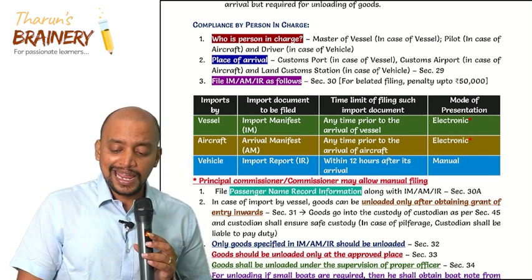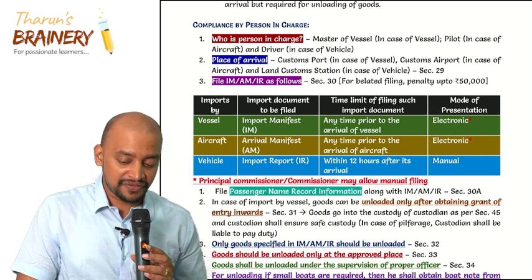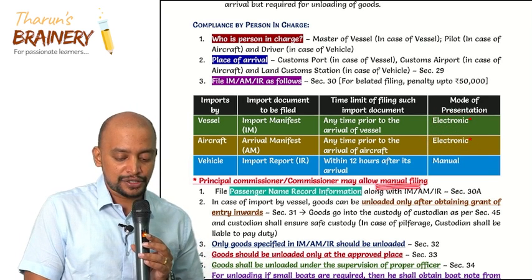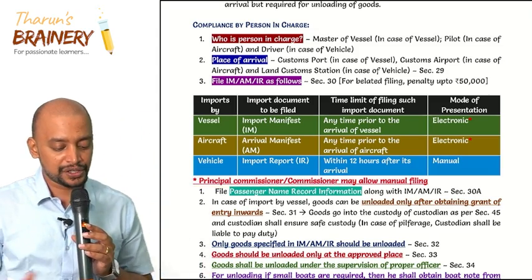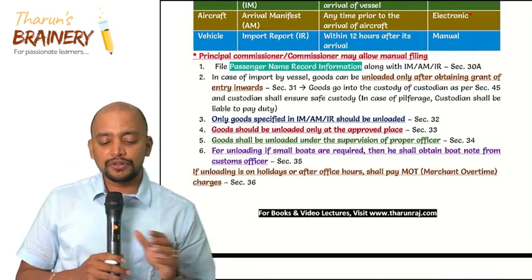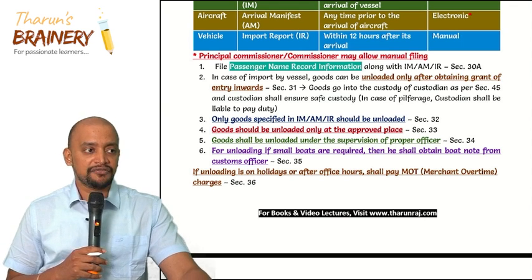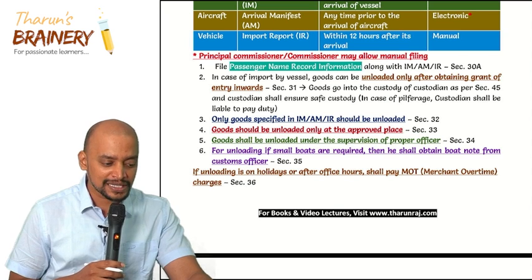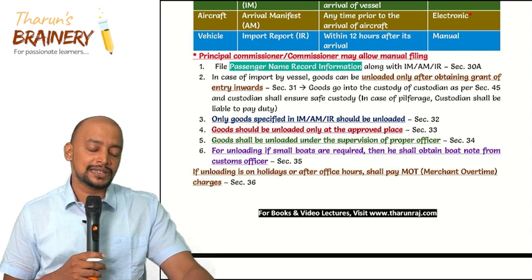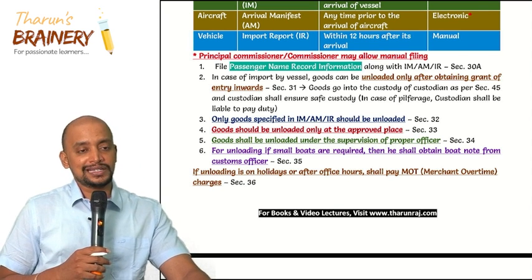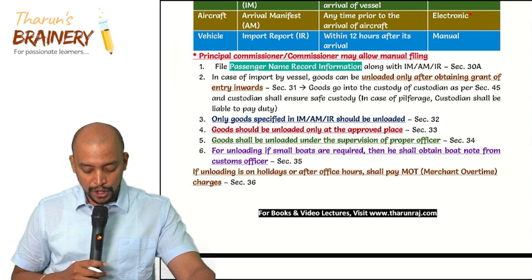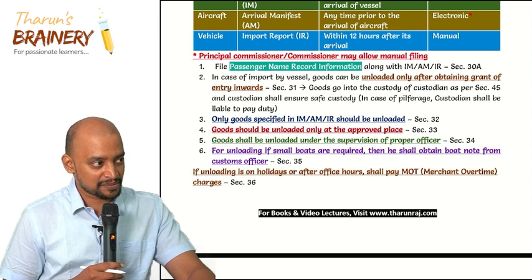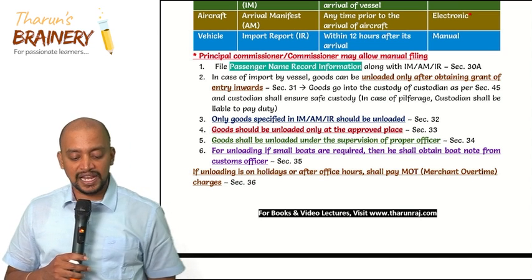Then in case of import manifest and arrival manifest, if it cannot be filed electronically, it can be filed on manual basis also if principal commissioner or commissioner allows. Then they need to file passenger name record information along with import manifest, arrival manifest, import report, because in the cargo ship some passengers also will be coming, and these passengers may enter into India without proper visa, etc. That's why their information also is to be given to the customs department to check whether they have valid visa and